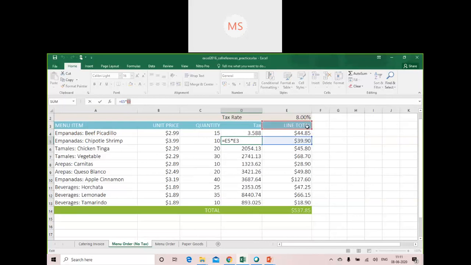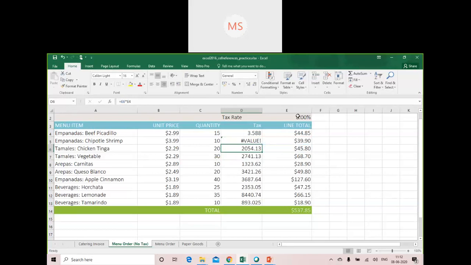What is the value of E3? E3 is line total. It is not a valid number. Now when I come to this particular cell, it is multiplying with E4. So it is making use of the relative cell reference, which I don't want to make use of.